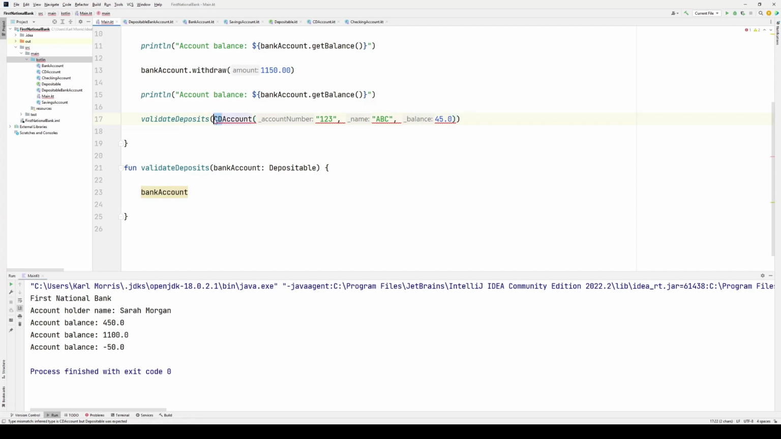I could only call it with a checking account or with a savings account, because those are the only accounts right now that are depositable. Now,